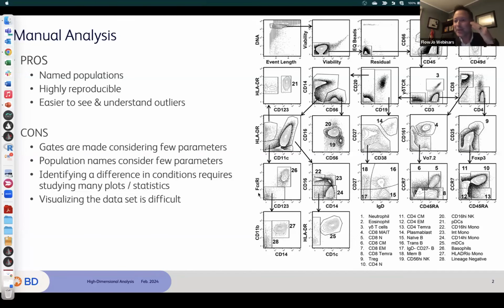All right. Manual analysis. Back to the top of the slide. I'm starting a high D talk with some manual analysis just for a little compare and contrast, and largely because I want to point out that there are a few advantages to manual analysis. Specifically, some of the pros of manual analysis so that you'll be able to name your population something sensible as you step through analysis. You can draw a gate, for example, type in a name of,